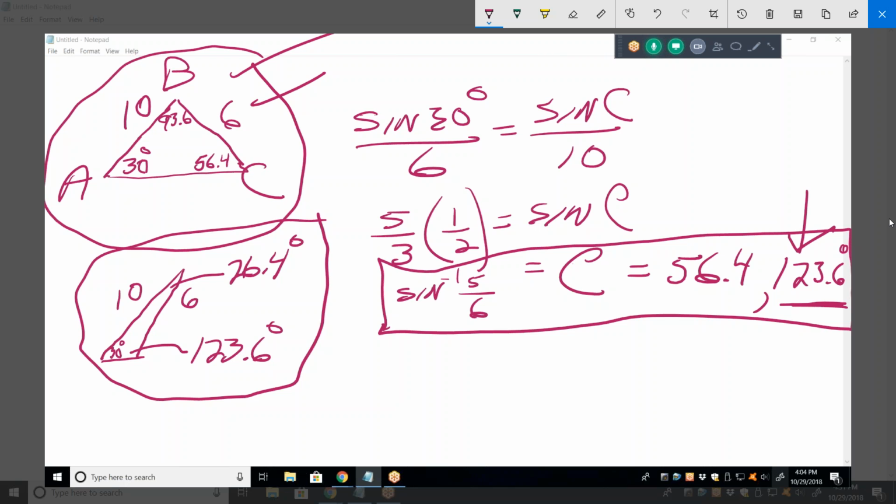In other words, let's say this came out to be 151. Well, 151 and 30, the only other known angle in the triangle, is greater than 180, so that would not be a solution. And the only solution you would have would be your one solution. All right, it makes sense. So it all depends on what that second angle comes out to be and whether it fits in the triangle. And that's why it's called ambiguous. In other words, there aren't always two solutions. There is just occasionally two solutions. And you have to be able to check